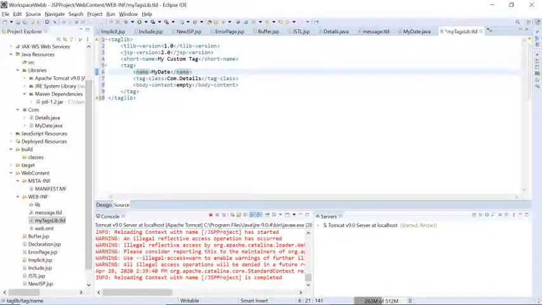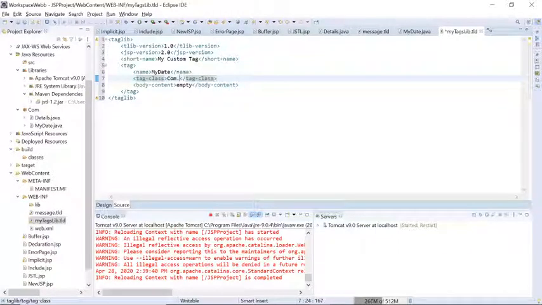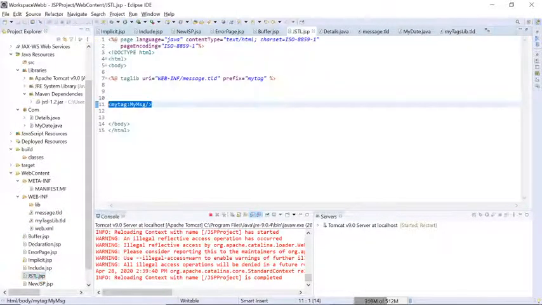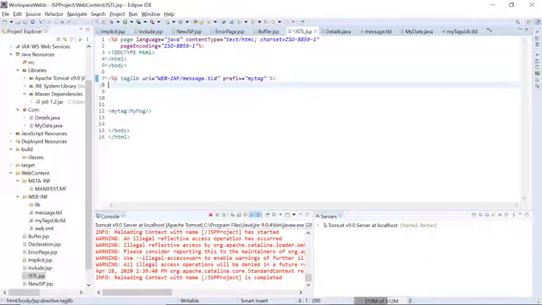My date class is com, under my date. You can check out current date also. I will give you current date because there is no need to make some confusion. So you can check out, it is done. So I will go to JSTL, and again I will write one tag library.